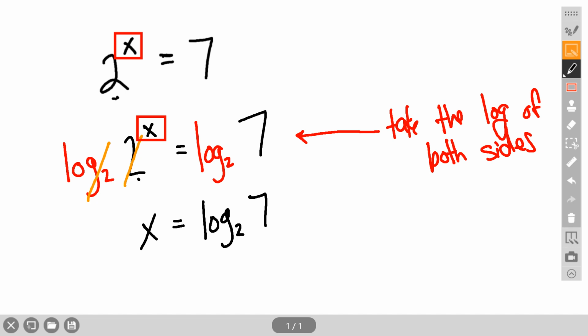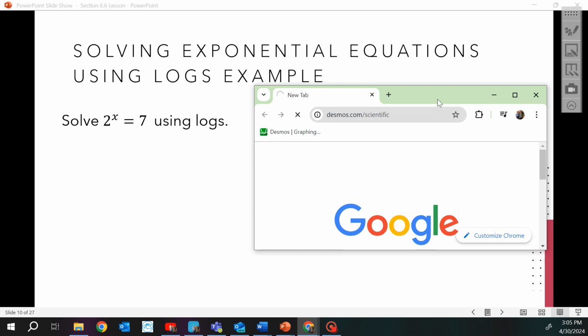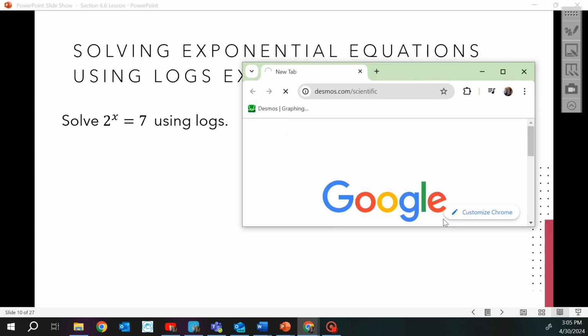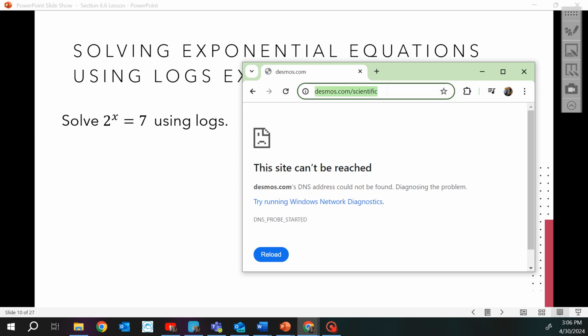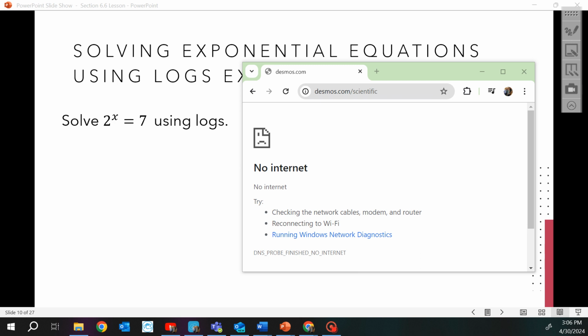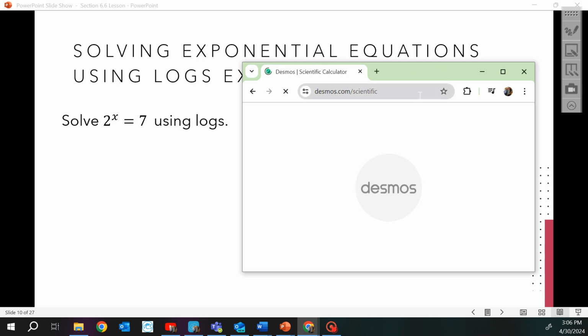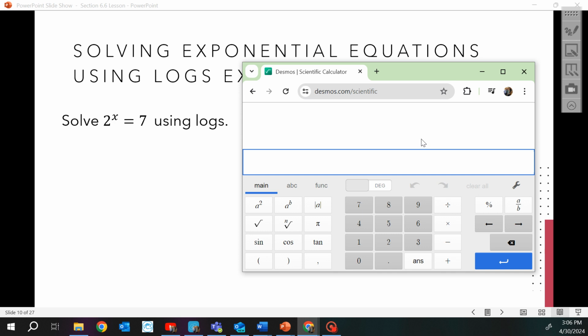What I'm going to do is I'm going to get out the scientific calculator. No internet. Okay, so